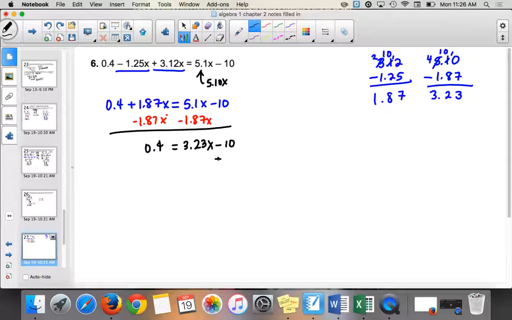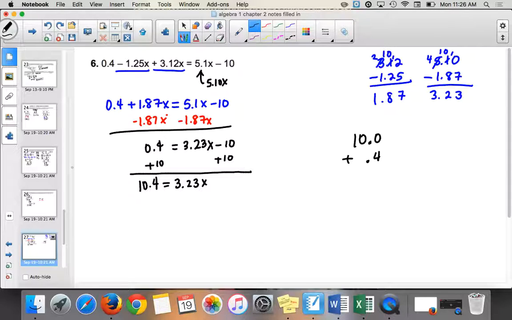And then we add the 10 over. So when we do this, we have 10 plus 0.4. It's really 10.0 plus 0.4, right? So we get 10.4. I keep saying 10.04. 10.4 equals 3.23x. Now this is the part where I would think it's probably acceptable if you guys use a calculator,